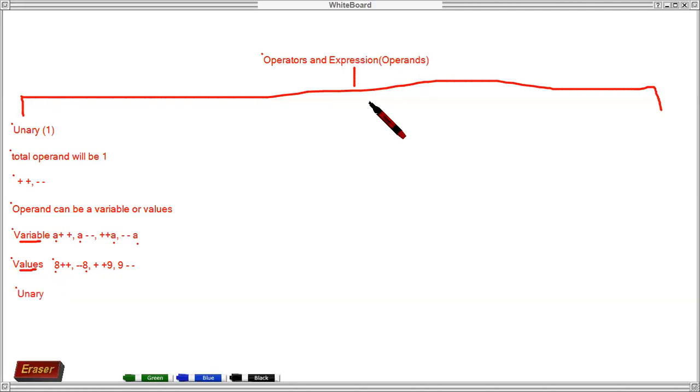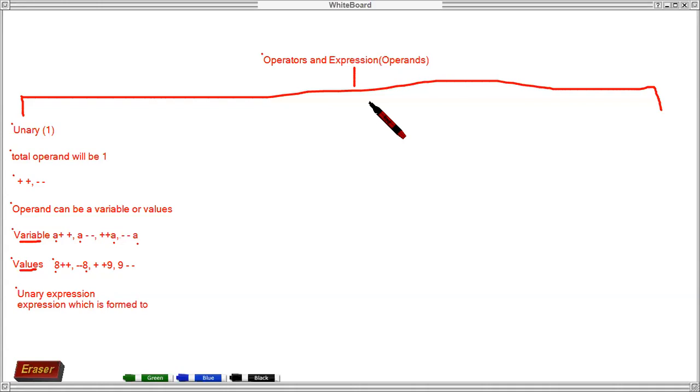Now what do you mean by unary expression? That is, one result has been created with the help of the unary operators. That is, a unary expression can be defined as the expression which is formed